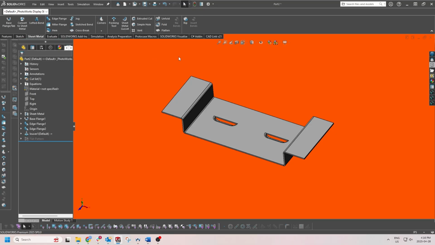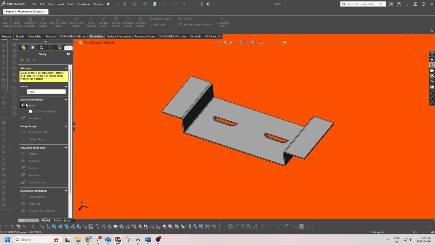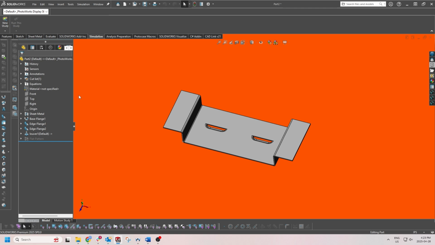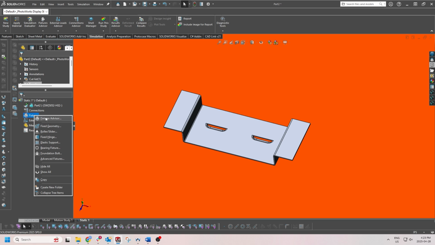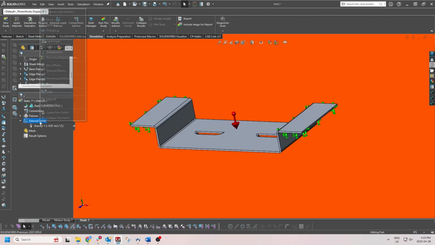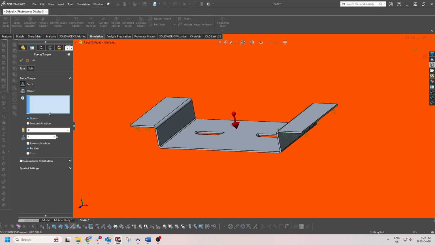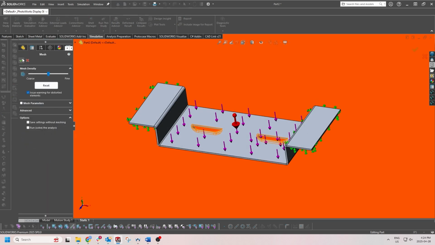First, go to the Simulation tab or add the simulation add-in via Tools, Add-ins. Now, we want to set up the study. So go to Study Advisor or New Study and select Static Study. You're going to want to right-click on your part and choose Edit Material to assign a material with correct bending properties, for example, steel or aluminum. Use Fixtures to fix certain parts of the sheet metal, and then apply forces or bending loads via the External Loads tool. Click Create Mesh to divide the part into elements for simulation,